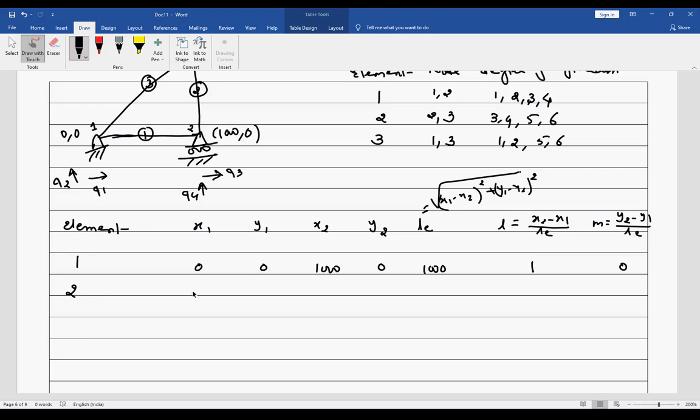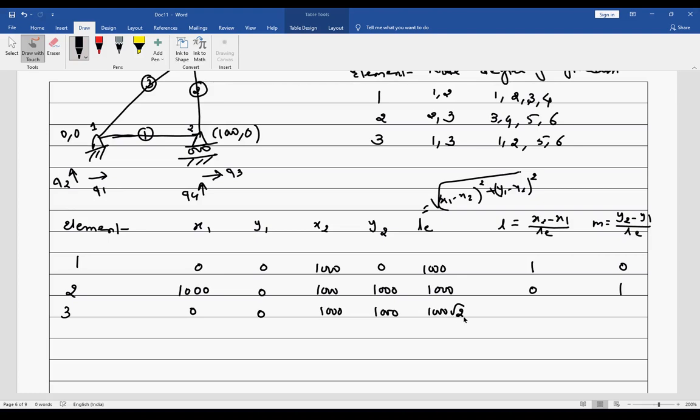For element 2, it is (0, 1000) and (1000, 1000). Length will again be 1000. This will be 1 and this will be 0. For element 3, it is (0, 0) and (1000, 1000).